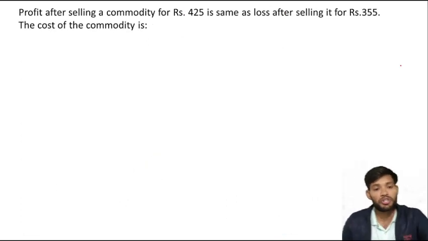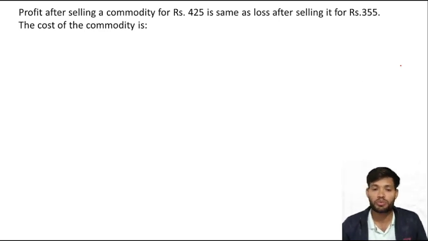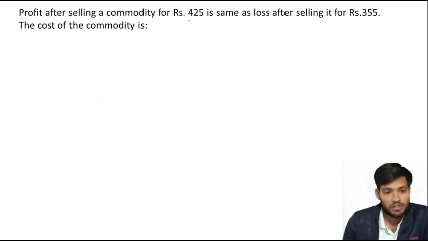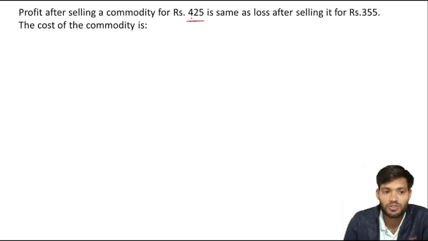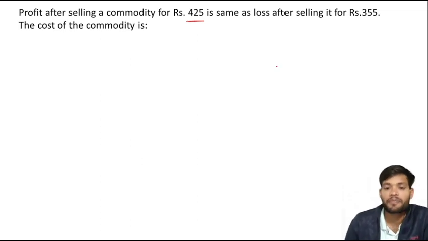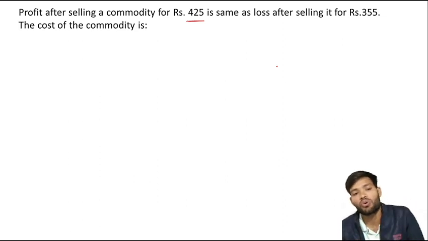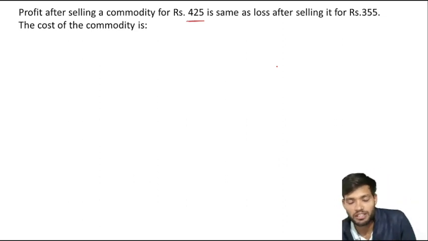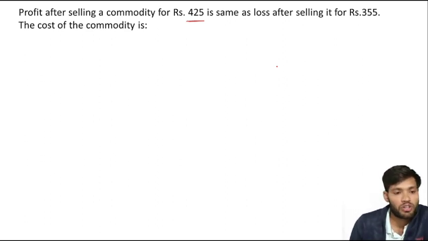Now next question. Profit after selling a commodity for rupees 425 is the same as loss after selling it for rupees 355. The cost of the commodity is. The question wants to say that when we sell an article for 425, the profit is the same as the loss when we sell that article for 355. It means that loss when we sell it at 355 and profit when we sell it at 425 are the same. So according to the question,